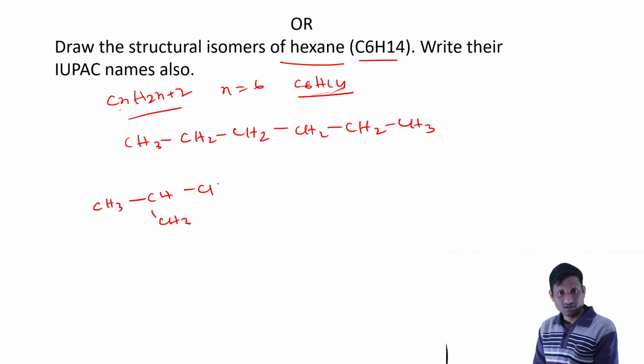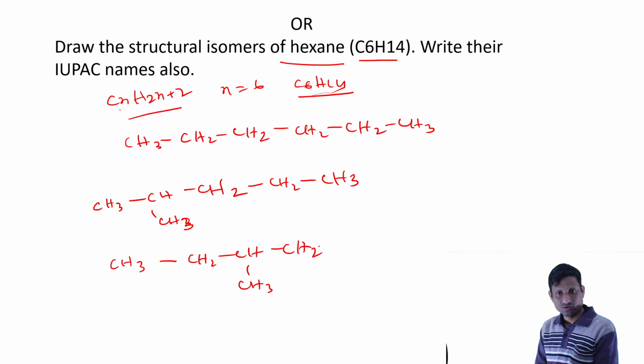CH3 CH2 CH2 सॉरी CH3 ये भी हो सकता है। और ये जो मिथाइल ग्रुप है, ये हम बीच का कार्बन में भी डाल सकते हैं, ऐसे भी और एक आ जाएगा, तो क्या होगा CH3 CH2 CH CH2 CH3, ऐसा भी हो सकता है।